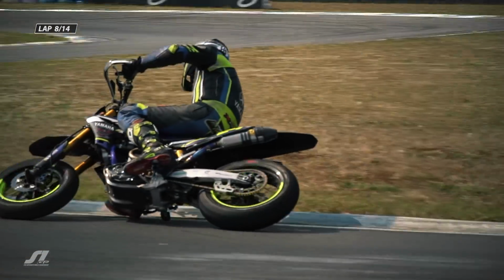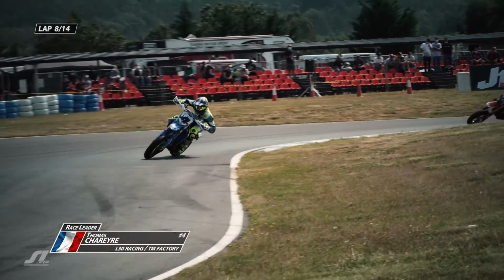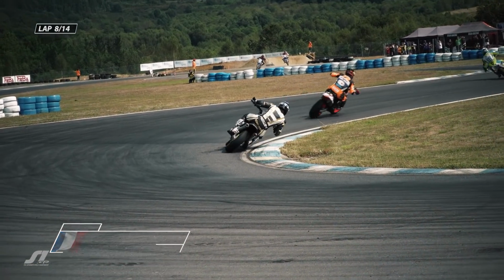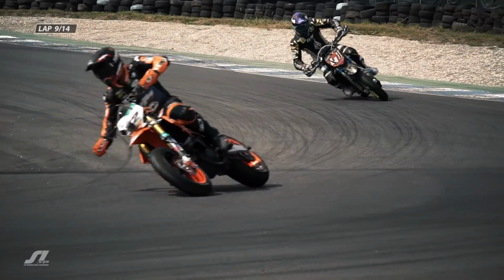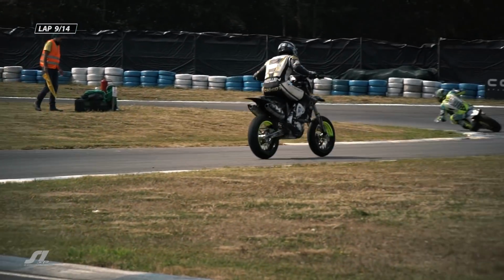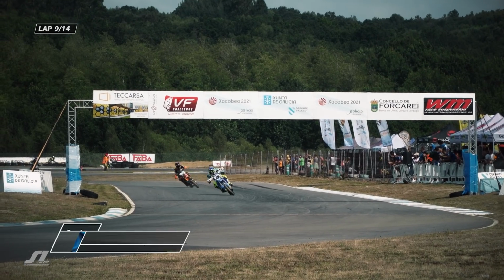Of course, this is one of the more challenging circuits on the calendar to make overtakes on. Something that Tom Charret will no doubt be happy about. He's going to want this win, especially given that error he made in race 1 right here at the final corner. Just a couple of laps left to go, so he's no doubt going to have gone to bed on Saturday night